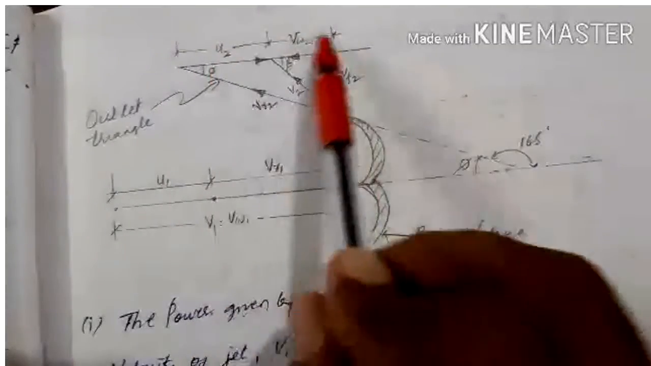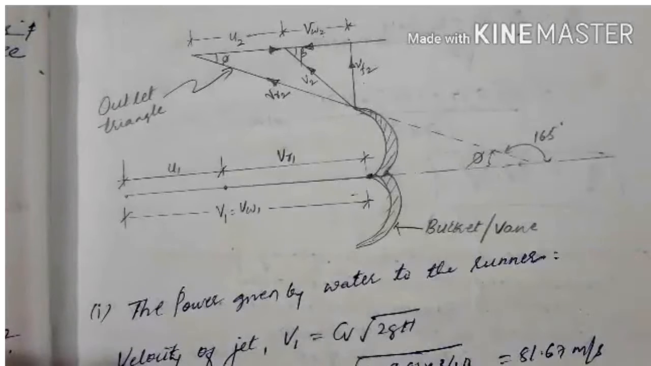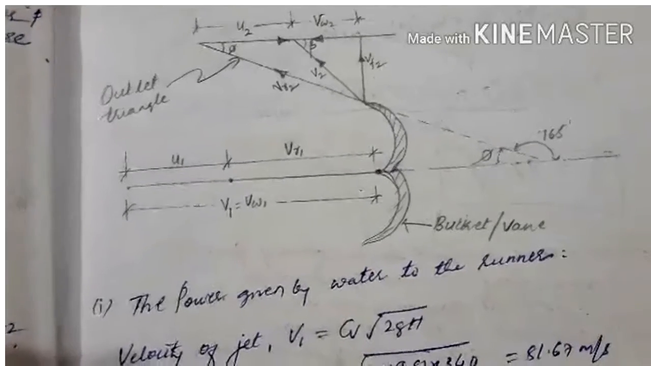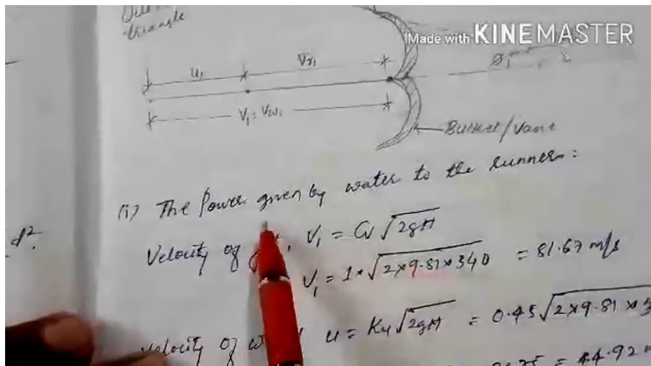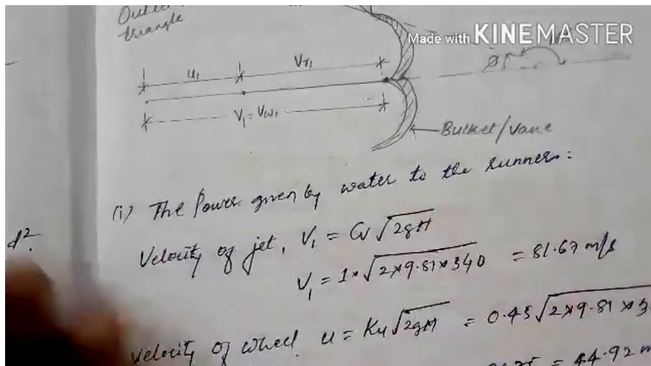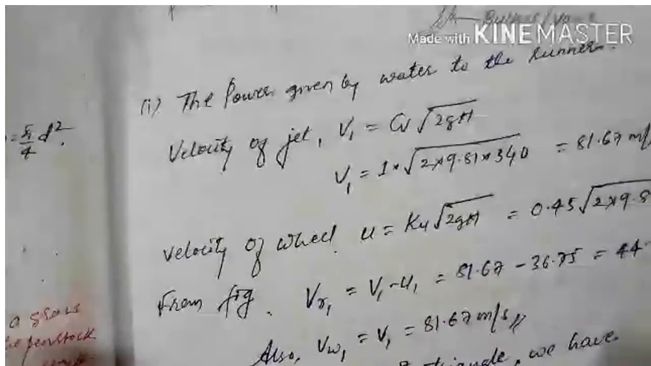This triangle represents the outlet velocity triangle. So with this outlet velocity triangle, now we need to calculate the force exerted by the jet on the bucket, so the power given by the water to the runner. So we need to calculate this one. To calculate the power given by the water to the runner, first we need to calculate the